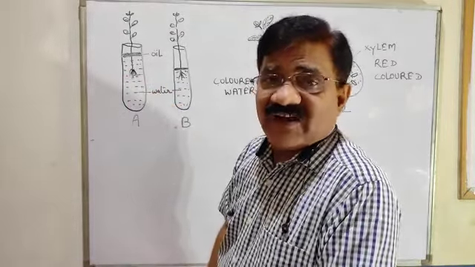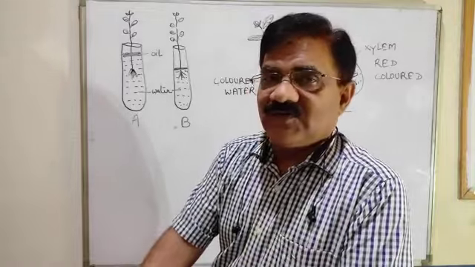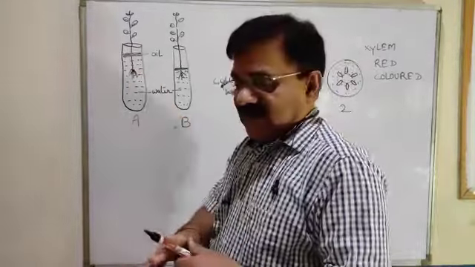In the next chapter, when I teach you transpiration, the same experiment will be there, but the root will not be there. Here, the root is present, so it shows absorption of water by the root. And why is the vial put? The vial is to avoid surface evaporation. After some time, the water level will go down, which proves absorption of water by the roots. So this experiment is clear.